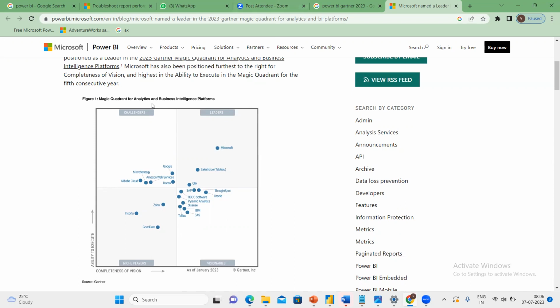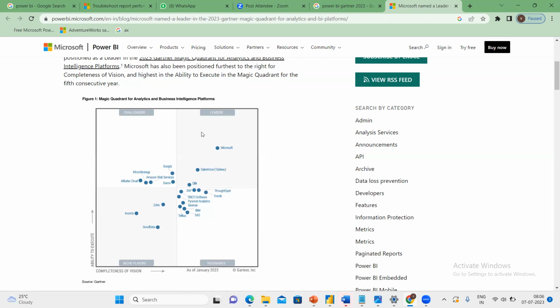You can also go to the Google. Not only this one, Gartner is one of the companies for all the softwares. They will be giving the rankings for rank one, rank two, rank three, like that. For the last 5 years, Microsoft Power BI is the leader of the board. And they take into consideration not only the customer reactions, they also consider the cost, customer rating, all the things, and they give the ranking for every year.